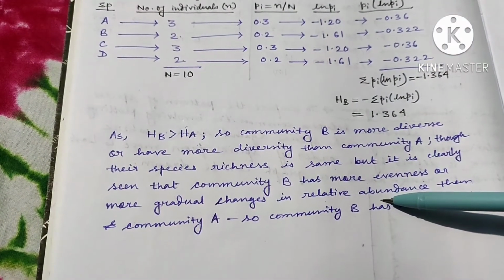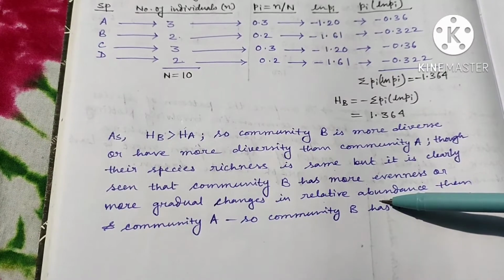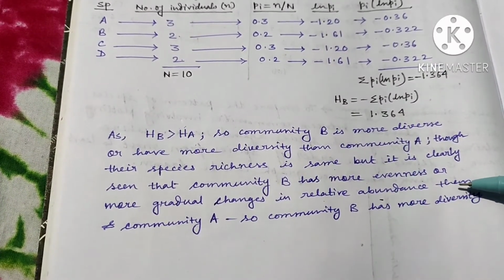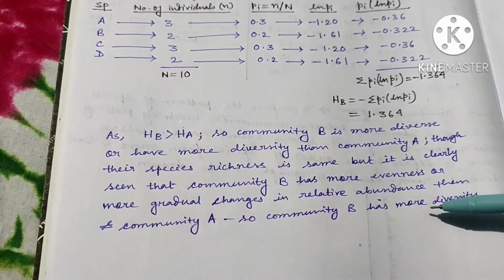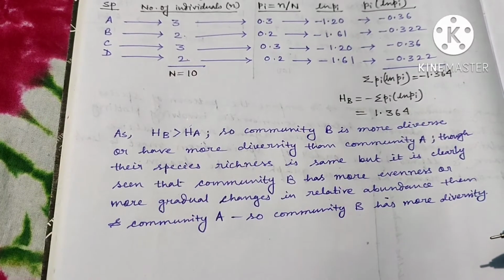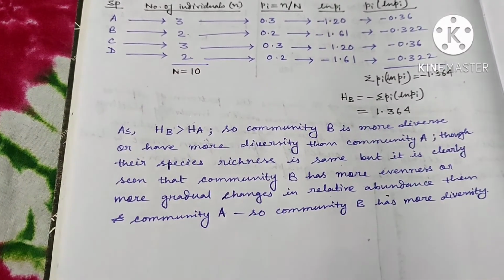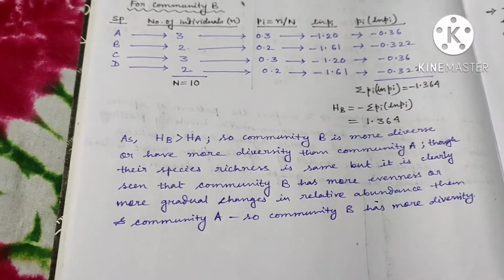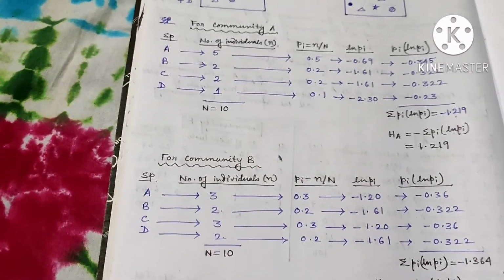That is like 3232, not like community A that is 5221. That is why community B has more diversity than community A. So this is how we can use the Shannon index to compare two communities in terms of their